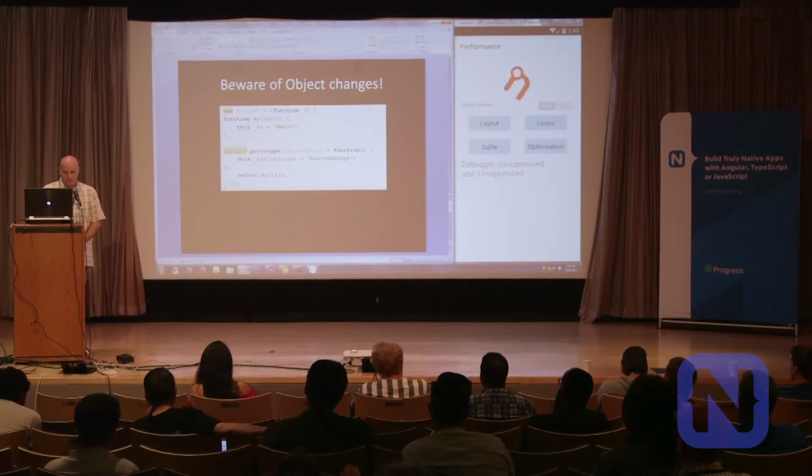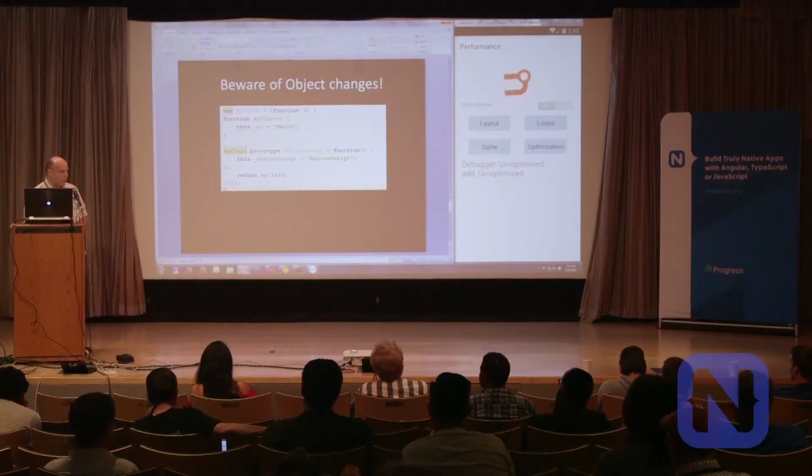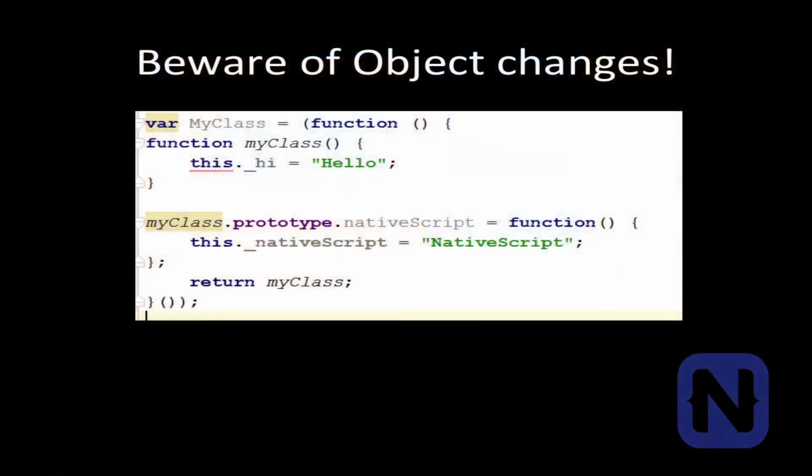The last piece that I really wanted to cover was object changes. And this is a pattern that hits me frequently, and I have to fix it all the time. And it's even, unfortunately, littered in the NativeScript source code. It's very easy to do because you don't think about it. When it creates this class, and I'm taking code that was generated by TypeScript, basically, other than it's handwritten,